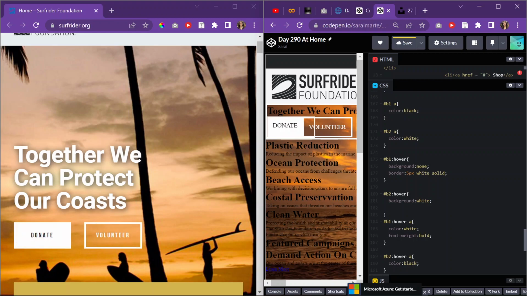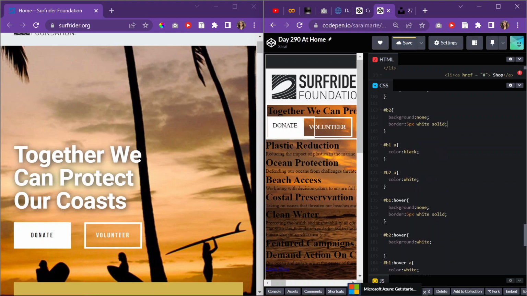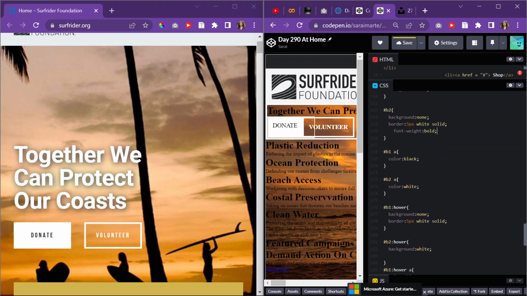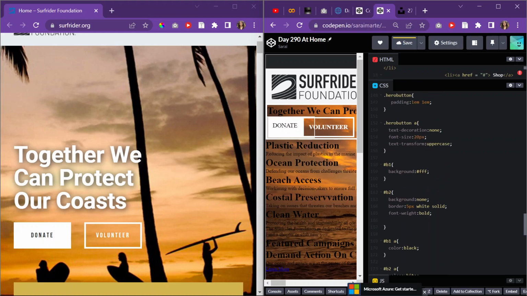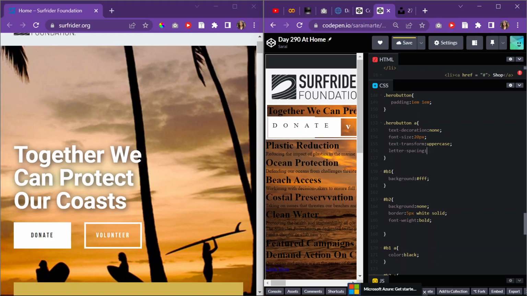And then it seems that when it's a normal thing for B2, the font weight's bold. And I think there's a letter spacing. So for hero button A, I think there's a thing called letter spacing. Like, what is it, 1 em? Yeah, that's really bad. What do they call it, 5 pixels? What units do they use? I completely forgot. I don't know. Okay, well, let's see what font